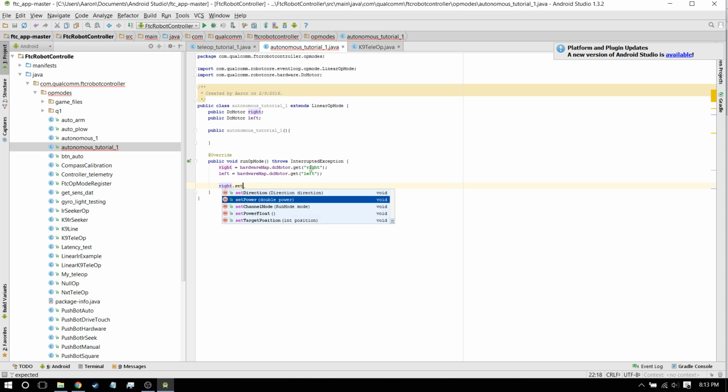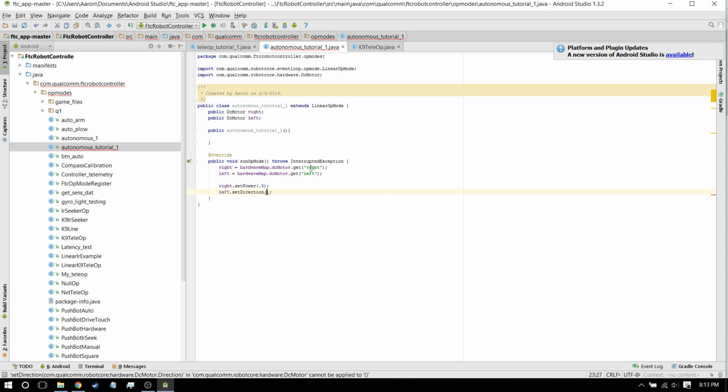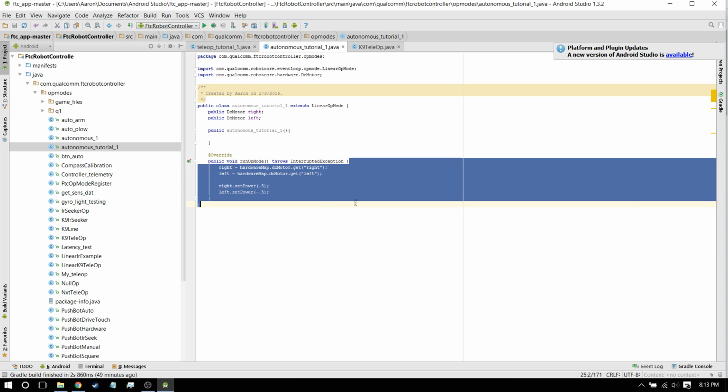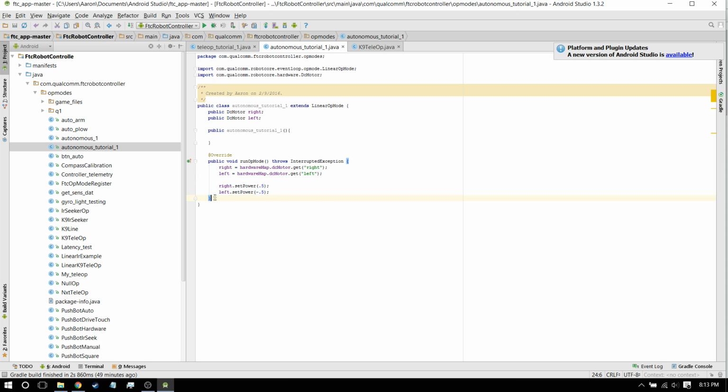Right.setPower to half, and then remember the left has to be opposite. Oops. The left has to be the opposite power because it's flipped around on the left side. And so this line will have it run forward. But remember, this is just going to run through here, and then once it reaches the end, it's going to